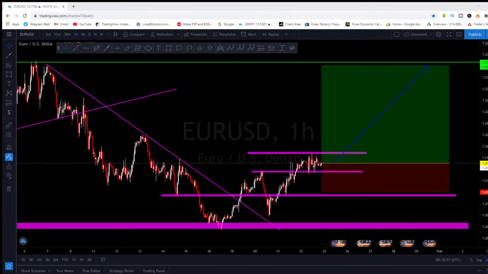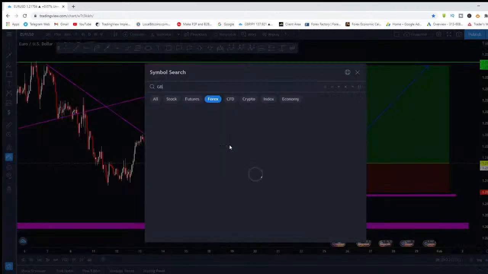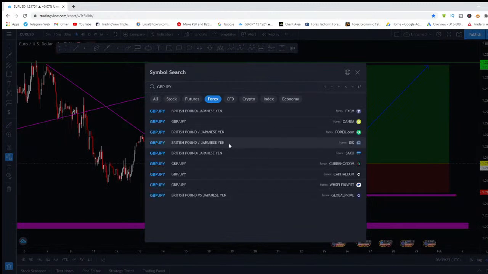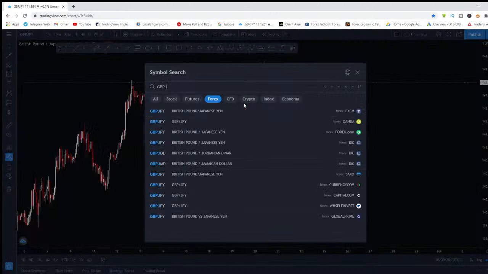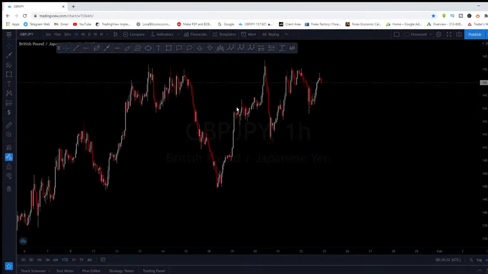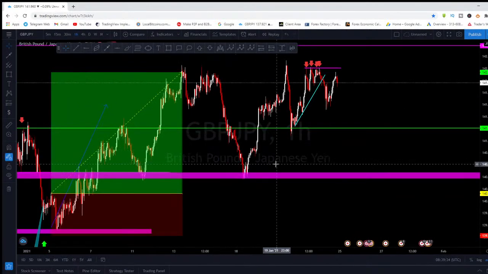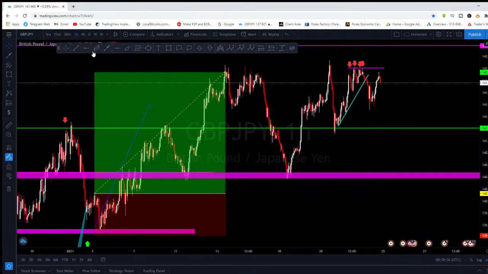So yeah, guys, let's continue with today's analysis. All right, so now let's go down to GBP JPY. Nah, I don't like that. GBP JPY. I like FXCM, not under. All right, so you see GBP